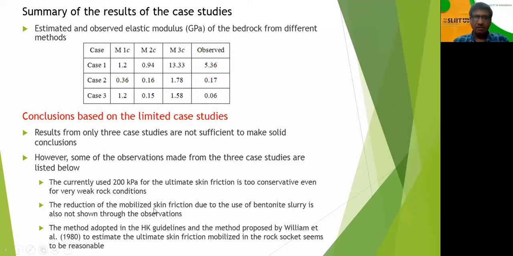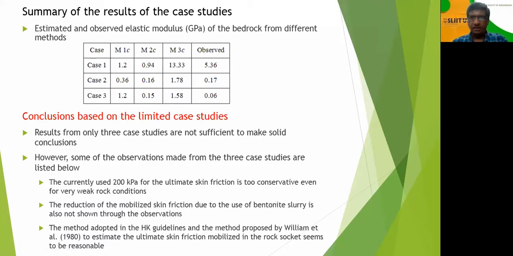The reduction of the mobilized skin friction due to the use of bentonite slurry is not seen here. So the bentonite slurry reducing the capacity by 1/4 is not shown here. And the method in the Hong Kong guidelines and the method proposed by William et al. estimate the ultimate skin friction mobilized in the rock socket seems to be reasonable. But of course, we have to have more results to come to the conclusion regarding the